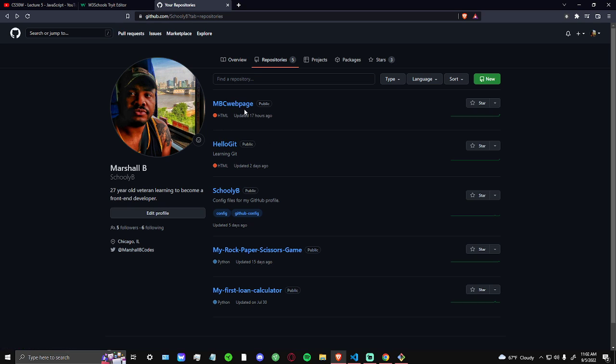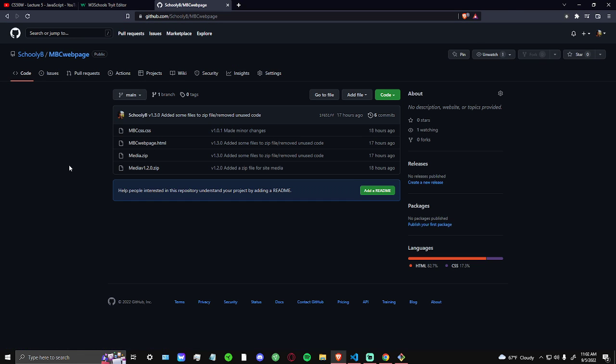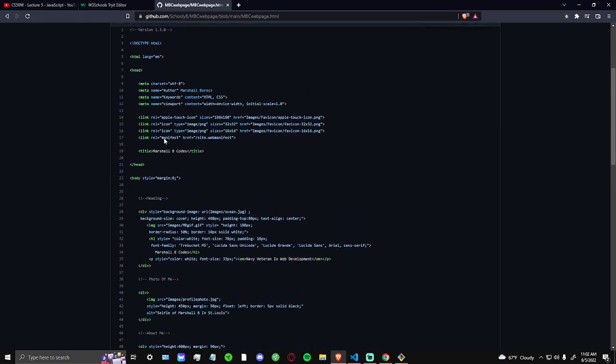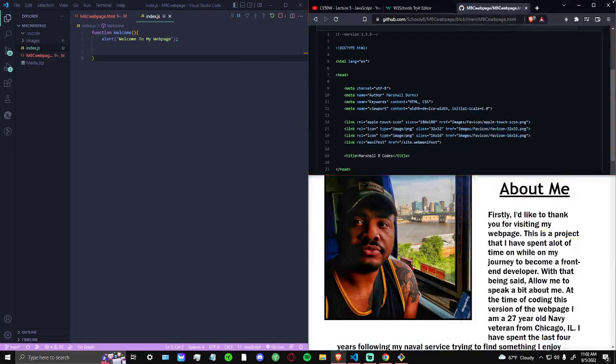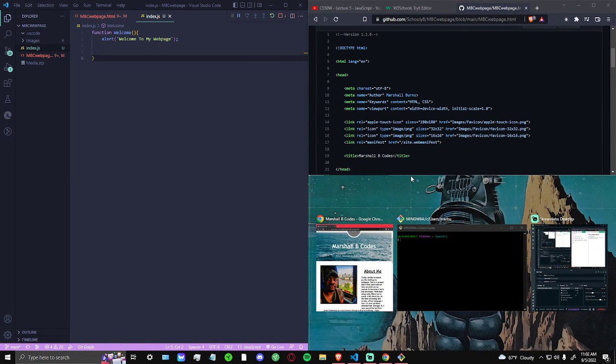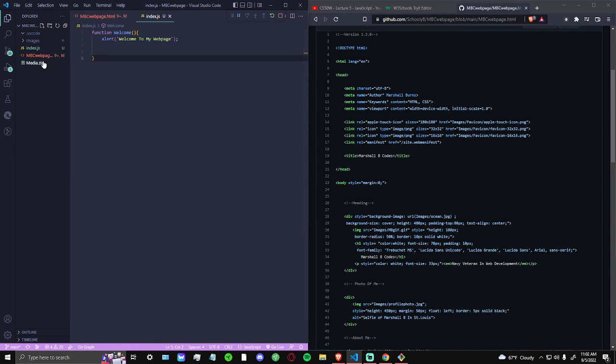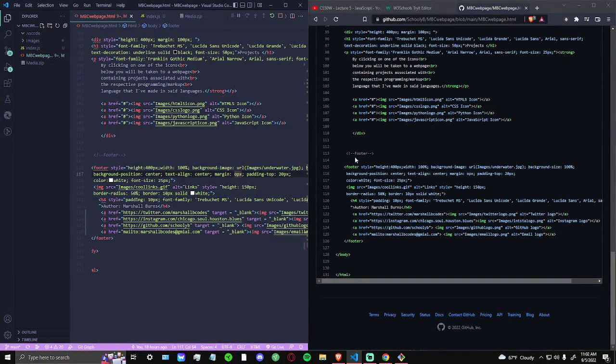So, for example, my web page is on here, right? And what it is, I uploaded the files, and what Git does, the language Git, it allows you to take a snapshot of your file. So, for example, we have my web page right here. If I were to look at the code of this web page and for comparison pull up the code that I just wrote, it's obviously going to be different. So if we go down to this section in the footer,